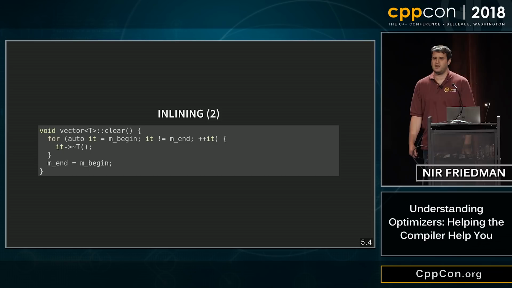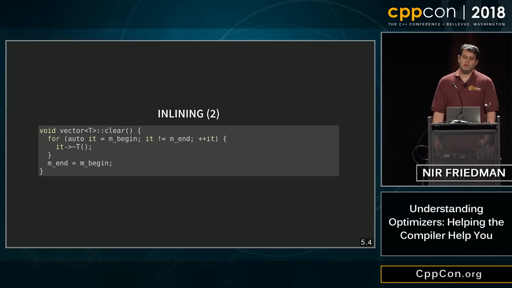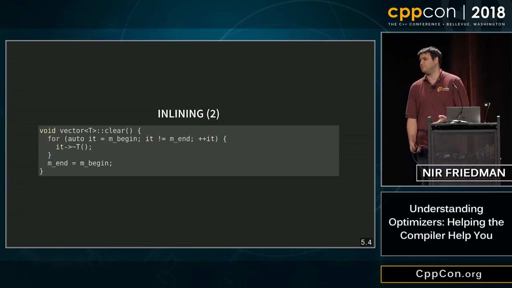Even once you delete the body, what else do you have to do? What does the compiler have to prove? No side effects to what? To incrementing and equals, right? Because that's part of the loop code. So in this case, your raw implementation of vector, it's probably, well, it's not raw pointers. It's a pointer typedef that comes from the allocator, but it's all going to be resolved, hopefully.